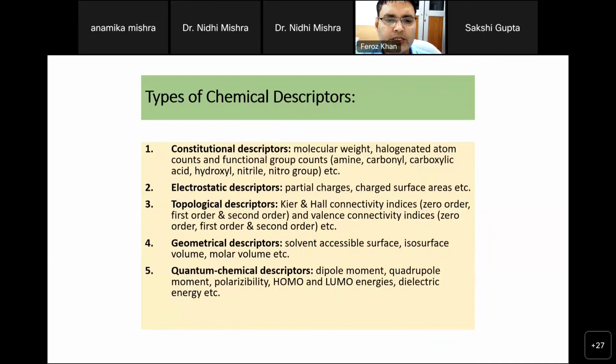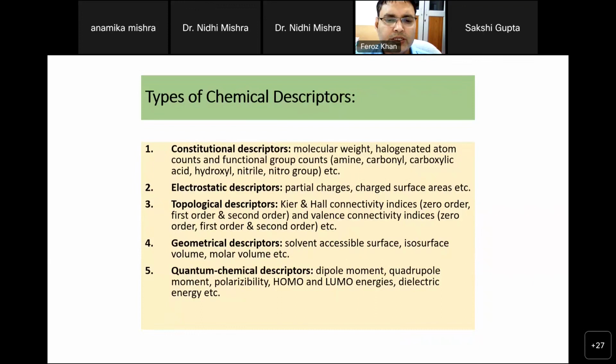If you see the standard or commercial software, even open source software, there are options to have more than 1000 or 2000 chemical descriptors. But whether these 1000 or 2000 descriptors are correlated with biological activity, and how many actually are, we don't know. So to find the best descriptors, we use some websites, the REACH website and the US FDA website, and see what parameters are required for prediction of active compounds, toxic compounds, and biotechnology related compounds.